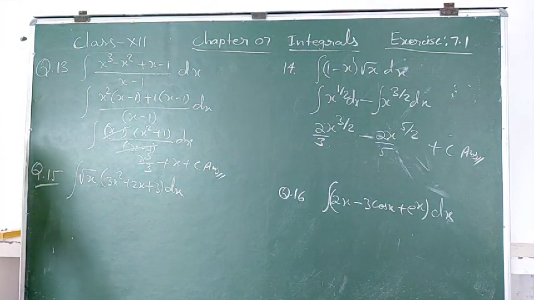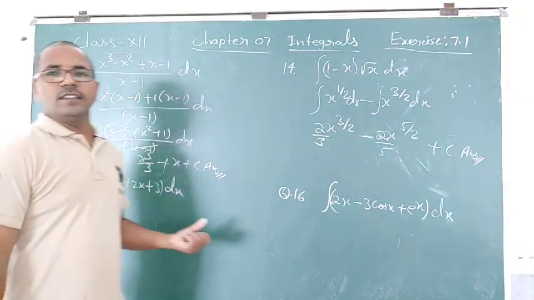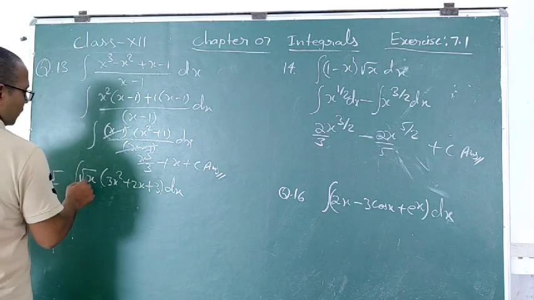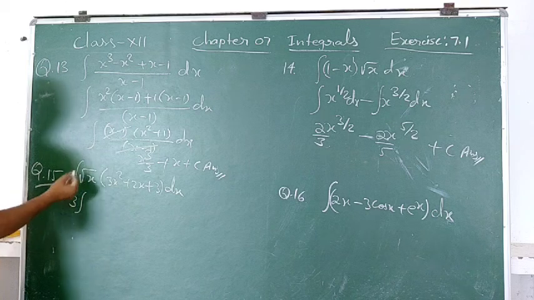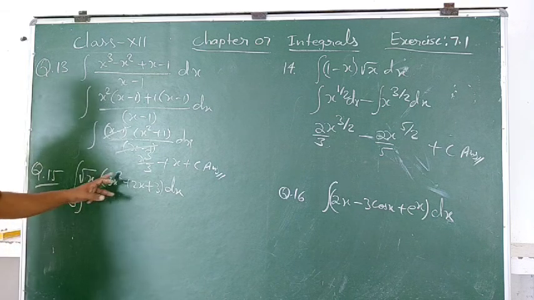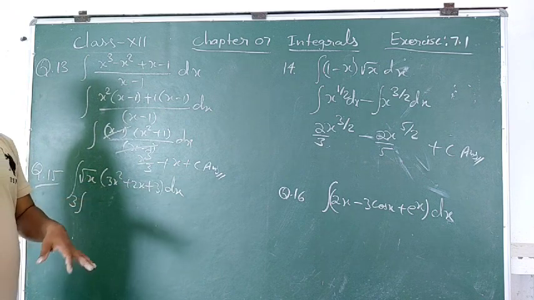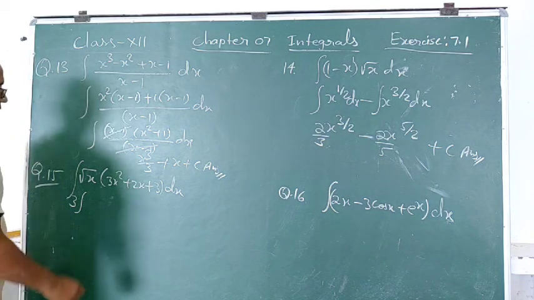So now students, let's see question number 15. Again we are getting the product of two functions, so again we have to do the multiplications. So this can be multiplied here. The 3, the constant, will be outside, and x square, that is the 2, plus 1 by 2. Take the LCM 2, that is the 4 plus 1, 5 by 2 you will get.